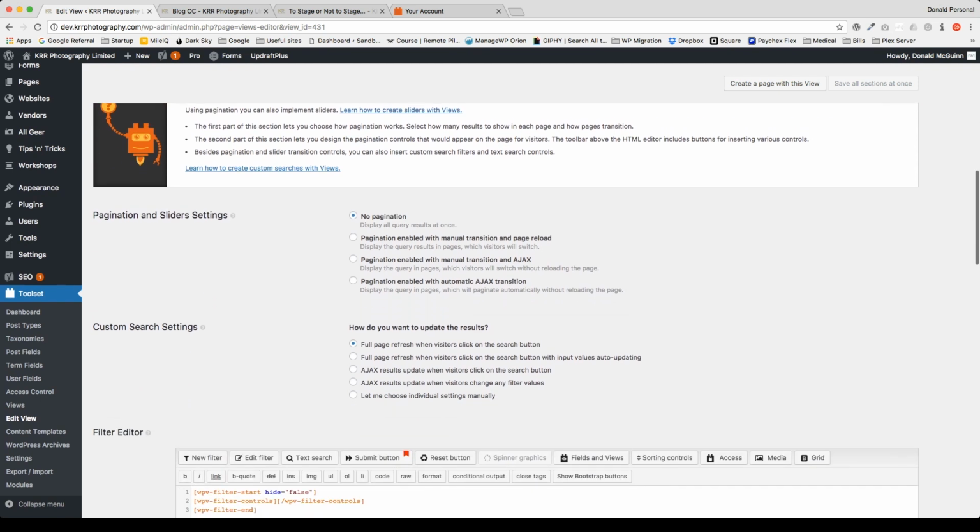And right now we have the pagination settings. So if you want it to only show 10 per page, you have these options right here. Your best bet is probably going to be enabled with manual transition and page load, or manual transition and Ajax. Ajax just means it won't reload the page. It'll just reload in its own container and push the user back up to the top of the page. I'm not a huge fan of it,